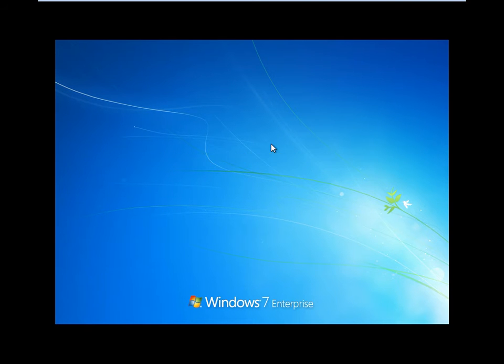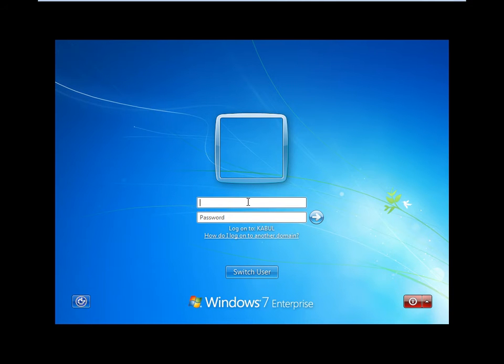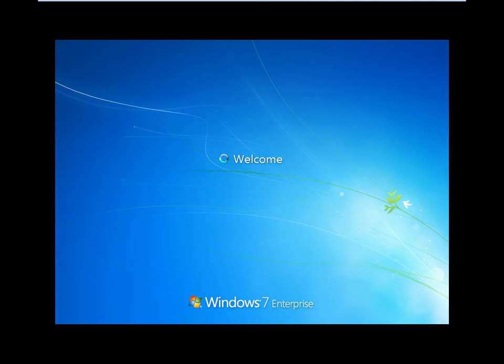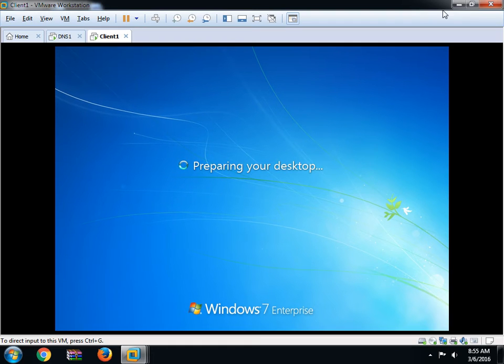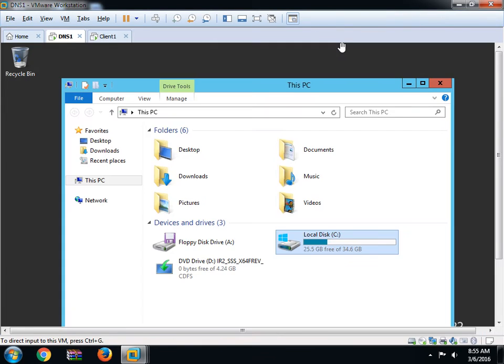Alt Control Insert, other computer, user 1, password @123. So guys, I'm trying to log in to this system. Wait for a few seconds so that we will verify our quota limit.